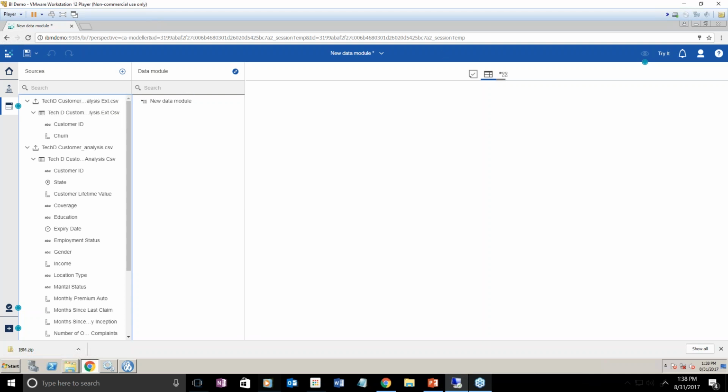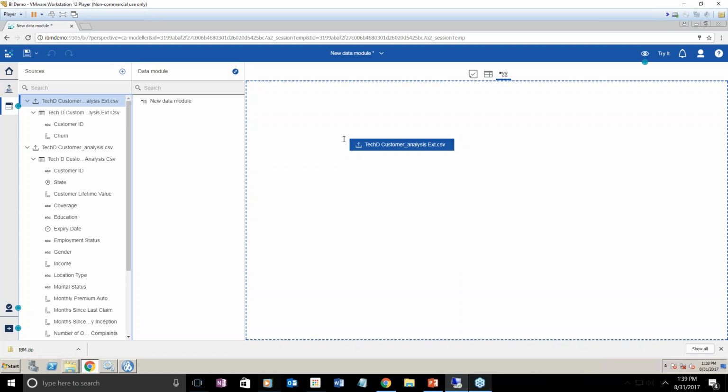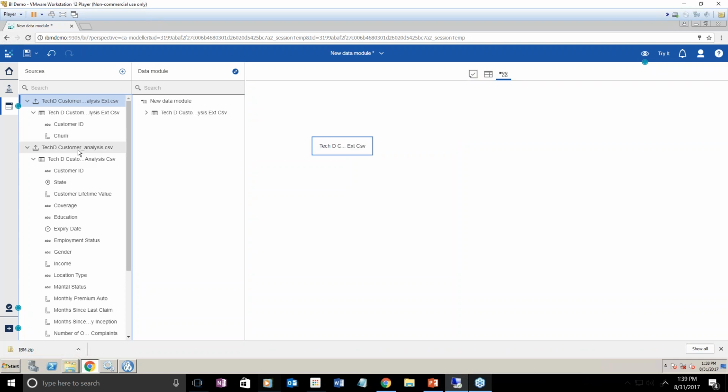What I can do here is take these, and again, new interface with R7. Up here, you've got a different icon. So the first one is validation. The next one is data grid, and the last one is your diagram, which we're going to use now. What I can do is literally drag the files onto this diagram. And what I'm doing is essentially bringing these in, and I'm going to join them together. So the way I do that is